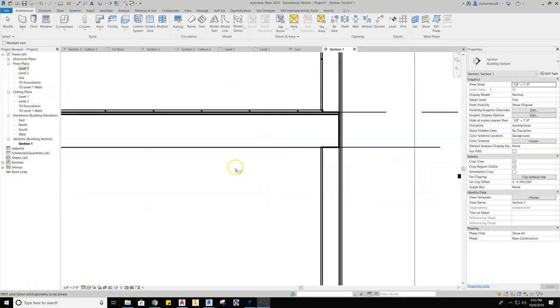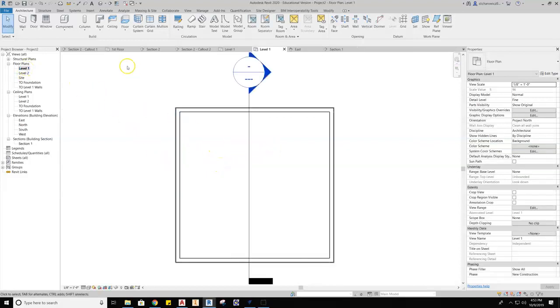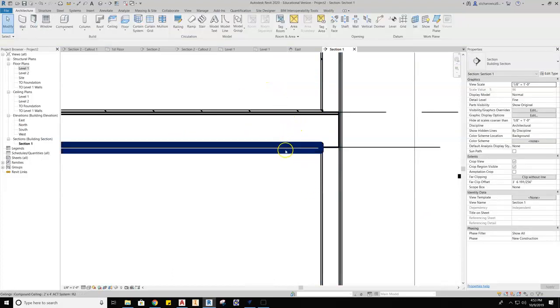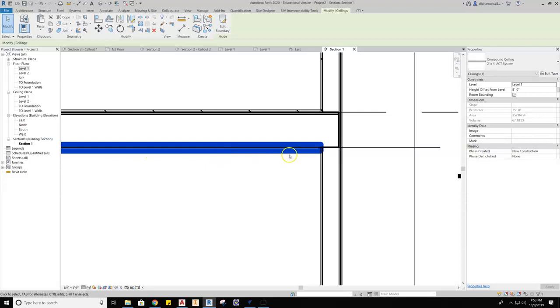The only thing missing is our gypsum wallboard on the ceiling. So we'll go to our level 1. Here we're going to grab our ceiling tool, and I'm just going to then allow the automatic sketch to show up. Here it's saying none of the elements created are visible. That's fine, because then I'll just go into my section, and you can see there's my ceiling. Now, you need to change the information in your manage